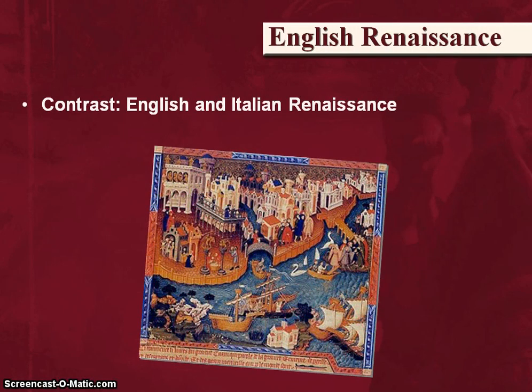There are a few differences, though, between the English Renaissance and the Italian Renaissance. First, the English Renaissance focused mainly on producing great literature, while the Italian Renaissance was known for its artwork. This includes sculptures and paintings. Also, the English Renaissance saw its height during the 1600s, while the Italian Renaissance occurred a bit earlier, mainly during